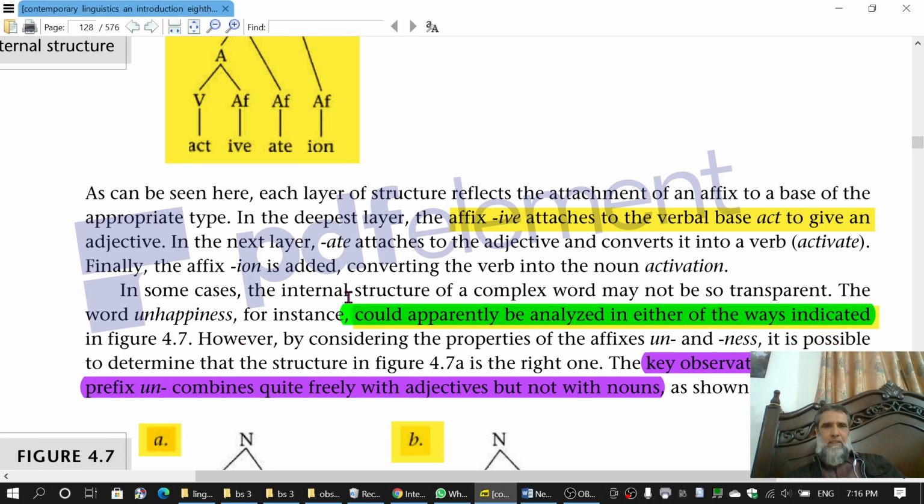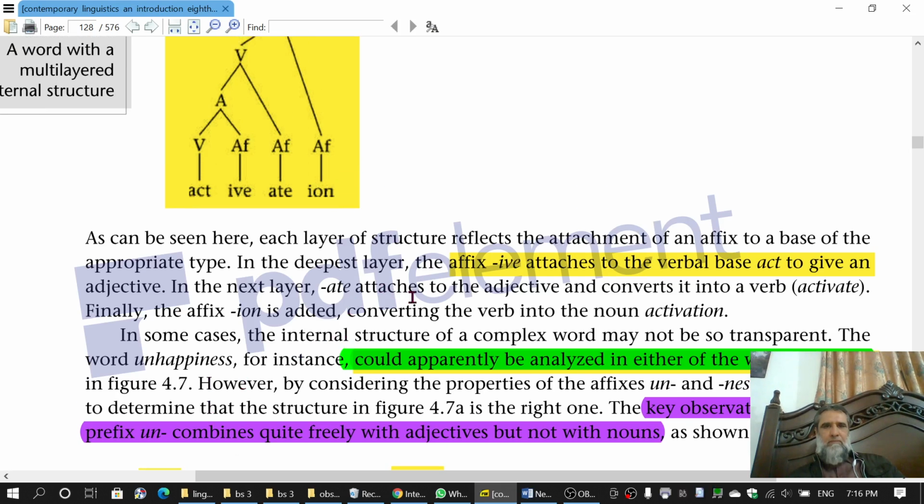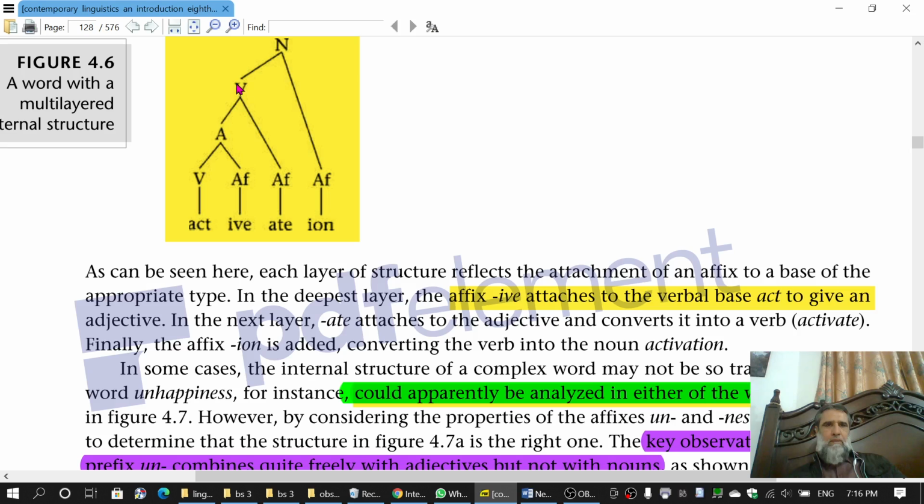In the next layer, ATE attaches to the adjective and converts it into the verb activate. इस active के साथ ATE इस लेयर में लगाते हैं तो ये activate बन जाता है। Finally ION is added, आखिर में ये ऐड करते हैं, और इस एडिशन के बाद converting the verb into the noun activation, और ये जो वर्ब है ये नाउन activation में चेंज हो जाता है।